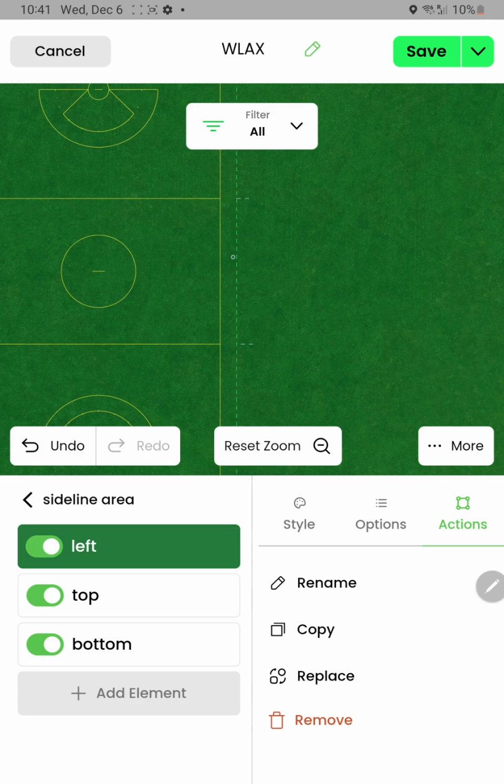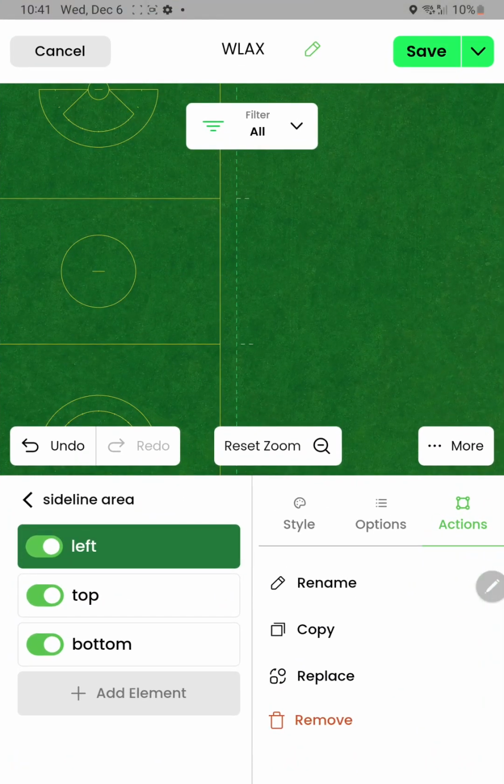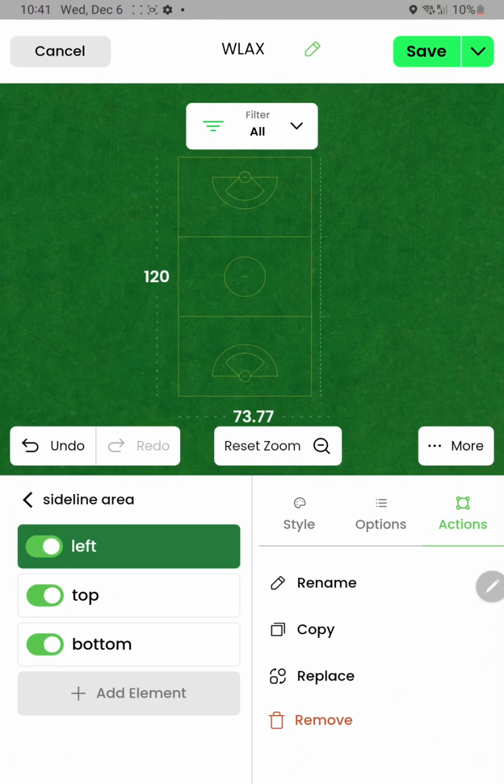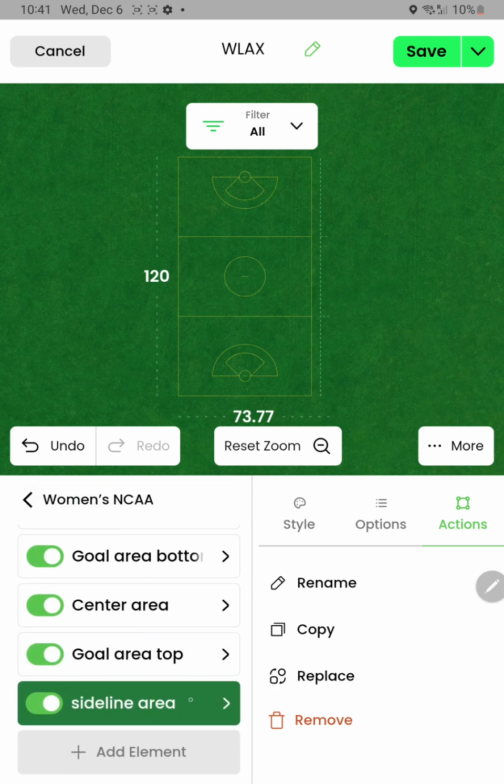Alright, we're almost there. Now we just need to add in this middle section. So these little dashed lines here, which extend out. And then there's that 2 meter line running down the middle. And it's 5 and 5, so it's 10 yards total. So the easiest thing to do here is within this folder that we added, we can go open up that